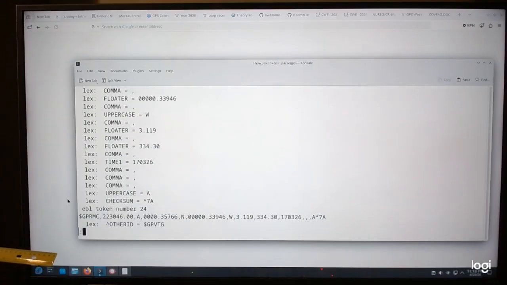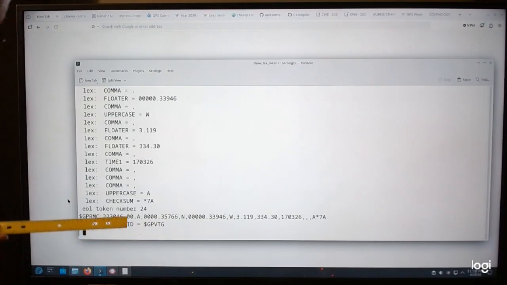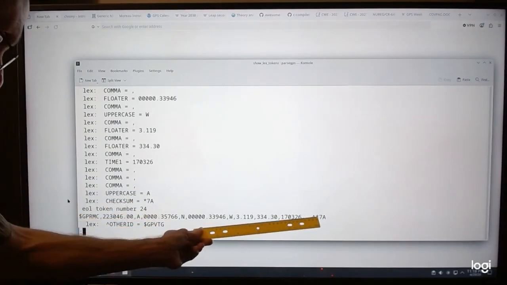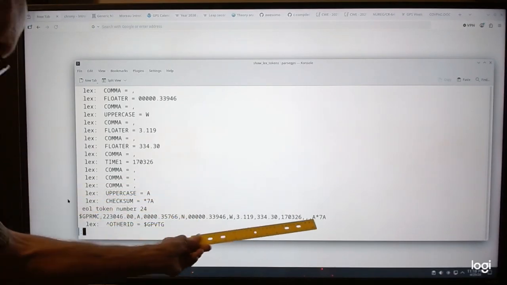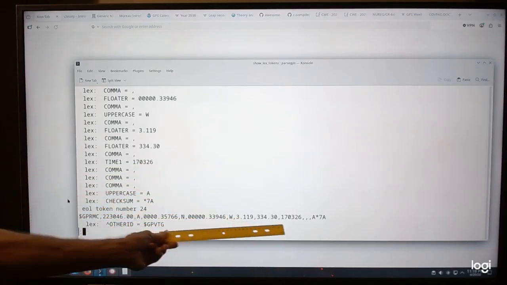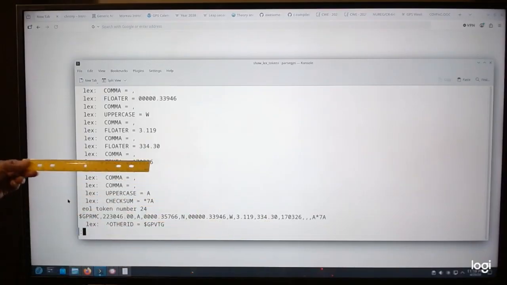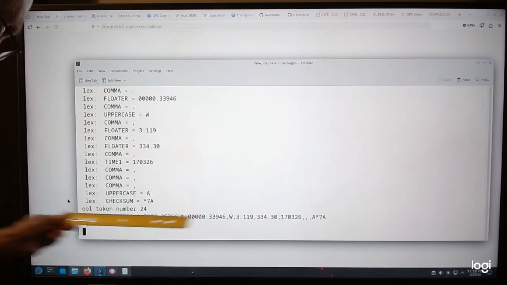Let me scroll on down here. See, there's the checksum, uppercase A, the comma, see comma. Then there's a time field, another comma, and then a floating number, comma. That's what the lexer does, it's breaking up these sentences into tokens,